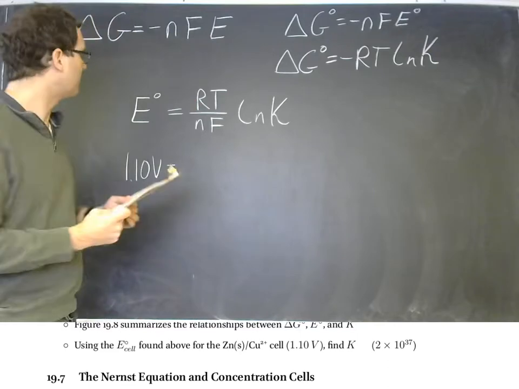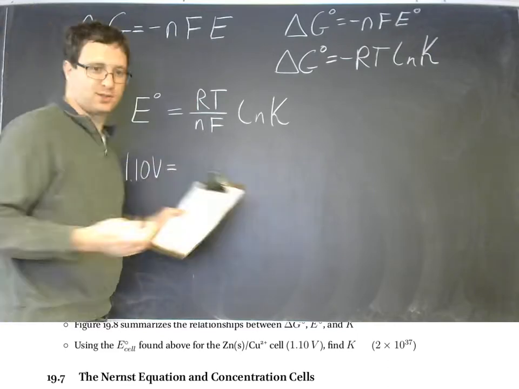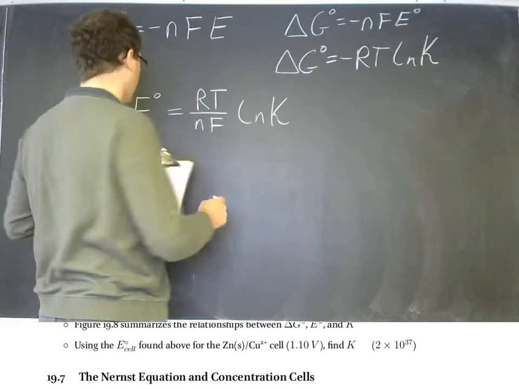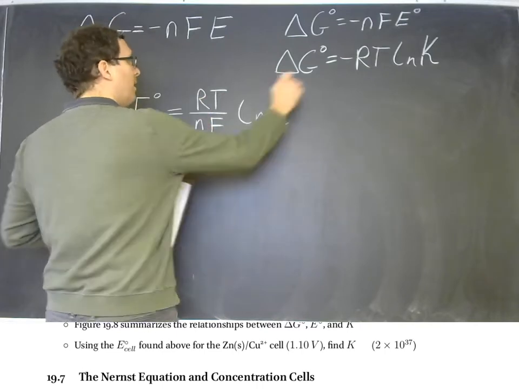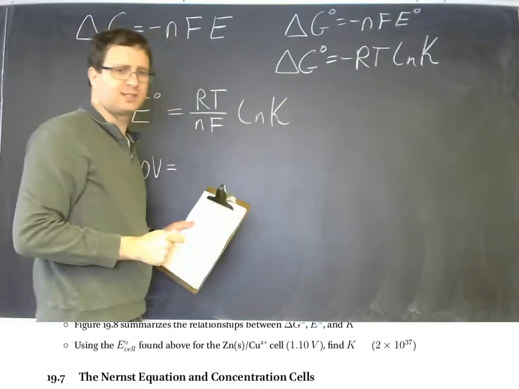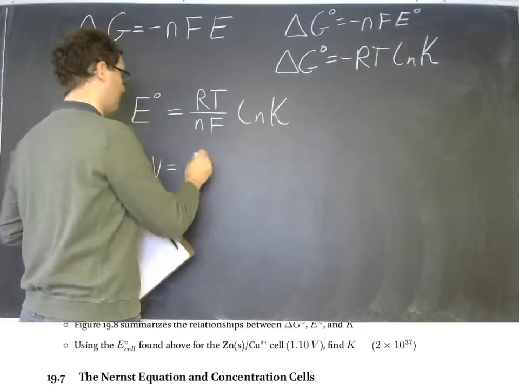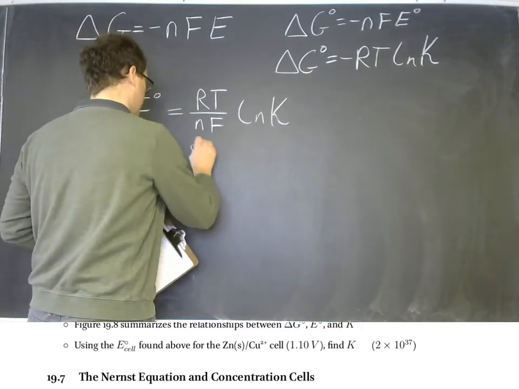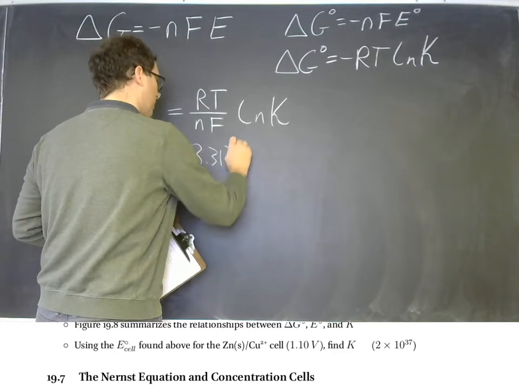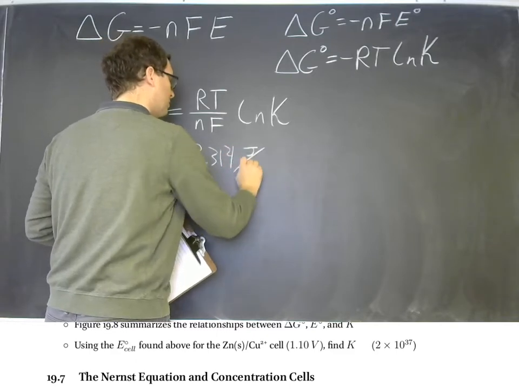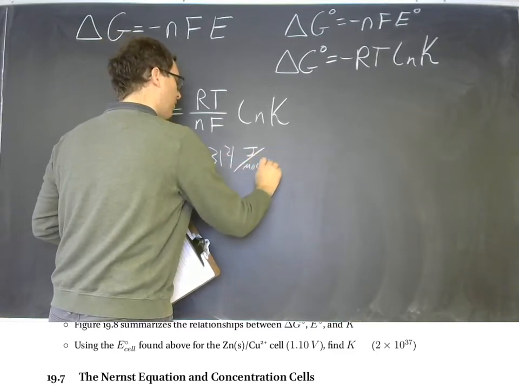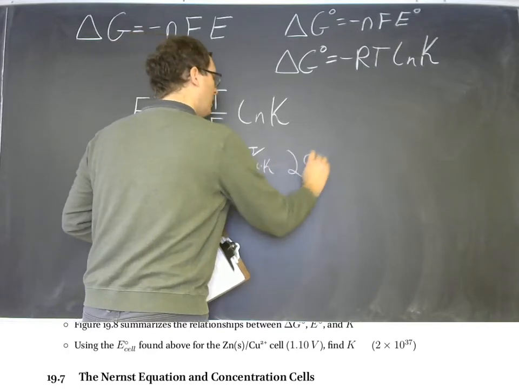Let's just assume room temperature, 298 Kelvin. So that R, remember this is R in the context not of gas laws, but of our thermodynamic equations. And so what we want is 8.314 joules per mole Kelvin times 298 Kelvin